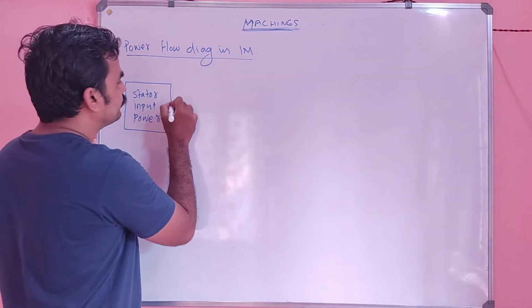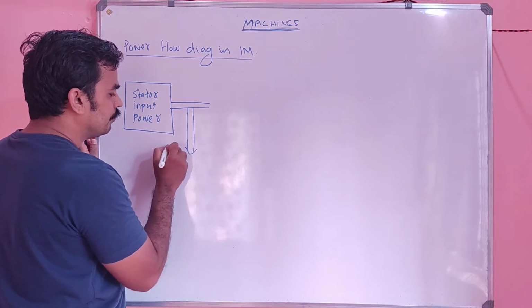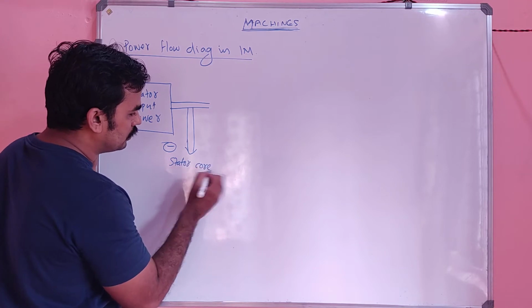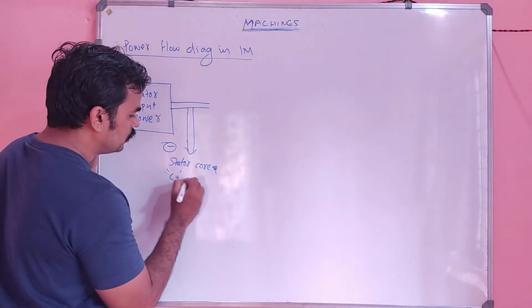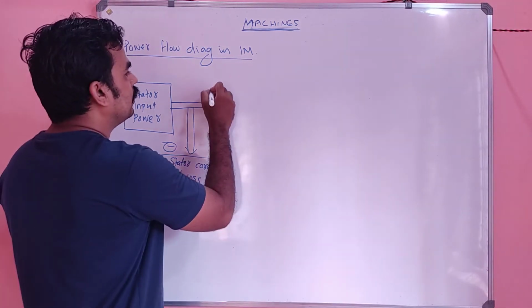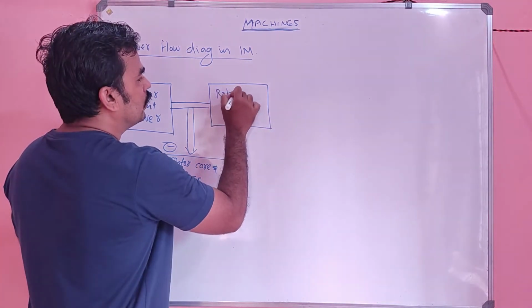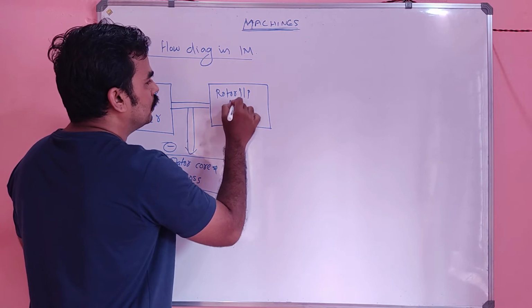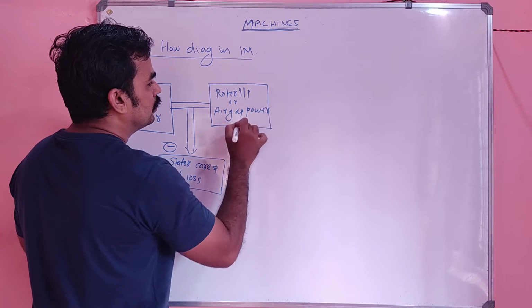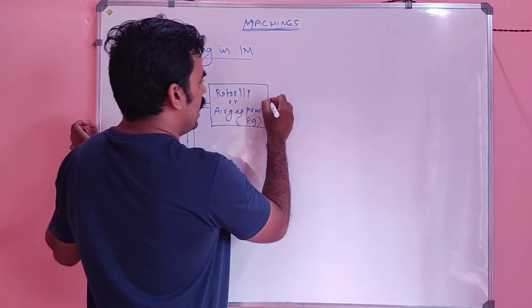Stator input power minus stator core and copper loss will be the rotor input or air gap power, represented by PG, and again